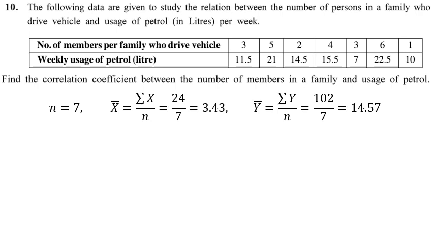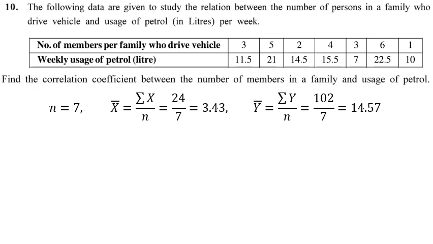The usage of petrol here can be a bit tricky. I want to remove the decimals. So for removing decimals, I will have to multiply with 10. Now in the last tutorial I taught you how to multiply with 10. We don't show multiplication, we have to write it as division. So whenever we are multiplying with 10, what will be 1 upon 10? Take your calculator, do it. 1 upon 10 will be 0.1. So in the division we will write 0.1, that is, multiplying by 10 is equal to dividing by 0.1,